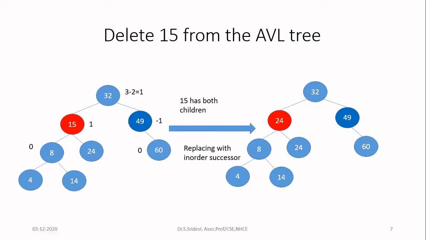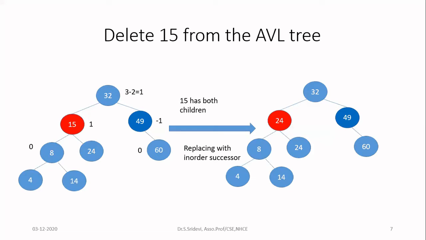And one more thing: if you want to choose the in-order successor, which node in the right subtree? It is in the right subtree, okay, but which node? The successor will always be the next immediate node in the right subtree. That means whichever node has the smallest value in the right subtree, you have to choose as the successor. Suppose you are choosing the in-order predecessor, you choose from the left subtree. In that, whichever node has the maximum value, you have to choose. Okay, so this is a very important point.